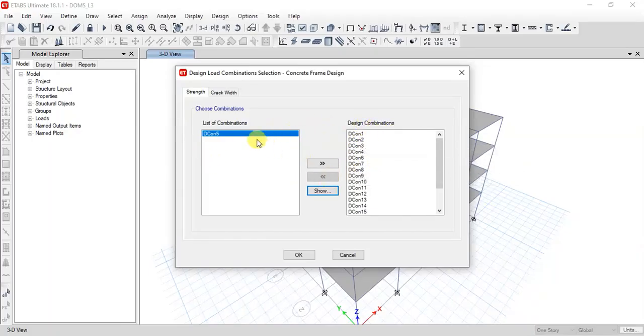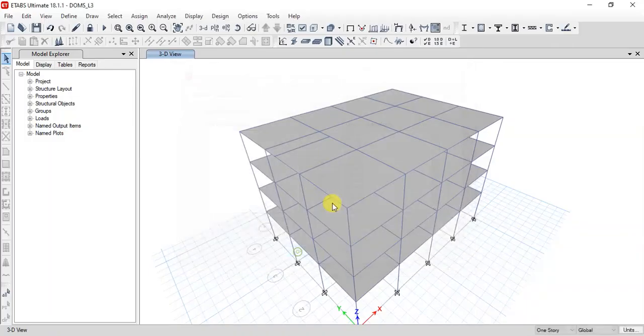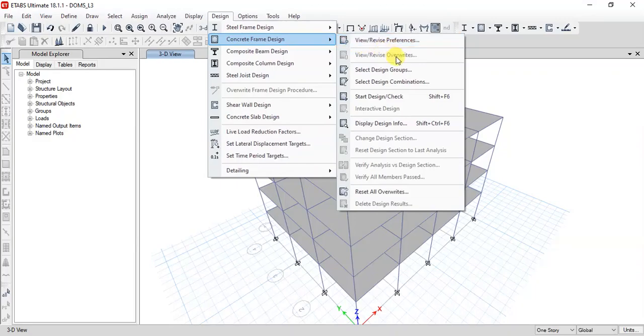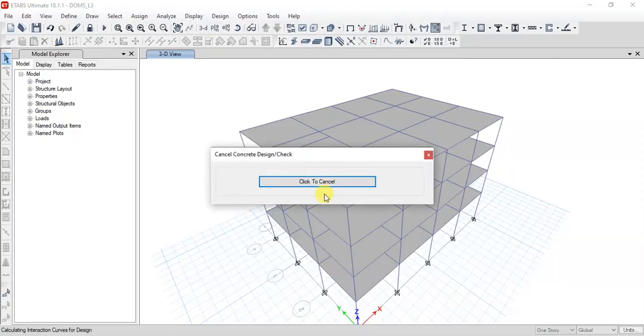Because we need to know how the designs will be done for all the combos, we'll select all here, click OK, and go to Design Concrete. Now click on Start Design Check. Now the program will run to check the design. It takes some time.